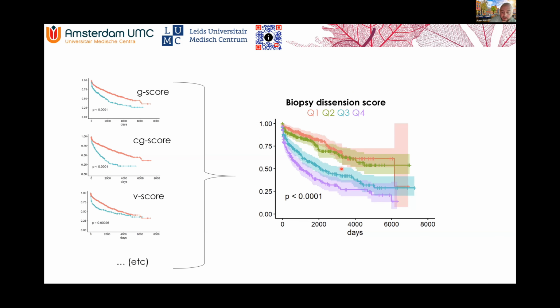Recently, we performed a relatively large inter-observer study or reader study in Amsterdam. There were 3 pathologists who scored 1,055 biopsies for the Banff classification, and we calculated the dissension, or the lack of agreement, a lack of consensus on a per biopsy case. And this actually allows you to correlate this level of disagreement with outcome. So this is what you can see here. Time 0 means time of biopsy, and you can see here the Kaplan-Meier curves for the dissension score. In red here, for instance, for the glomerulitis score, you can see the cases where all 3 pathologists completely agreed, and those with some degree of dissension. You can see that actually for every one of these scores, a lack of consensus associates with outcome. How that exactly works, maybe because the therapy is not aligning with the